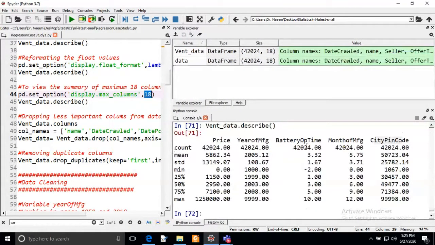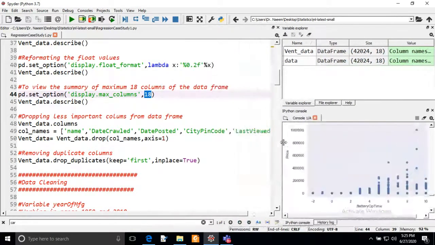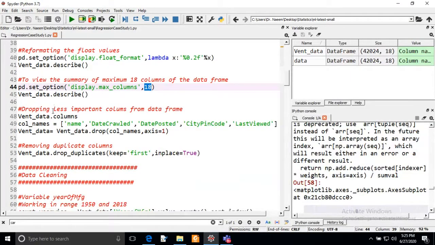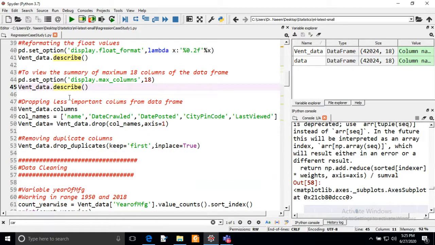Here I have only 5 columns, so it is showing all columns. But if you have more than 5, 10 or 15 columns, it will not show all columns. So in that case, you require this function. Now I'm also skipping this execution because I'm getting all the columns in my console.